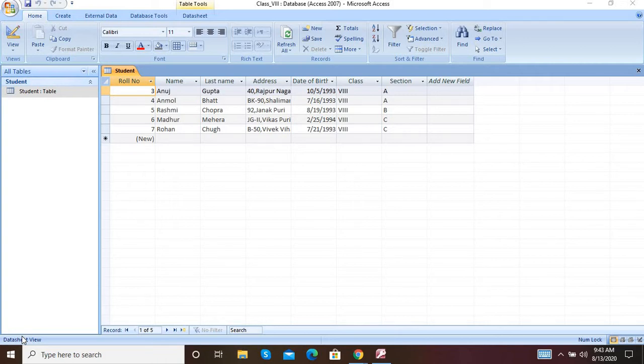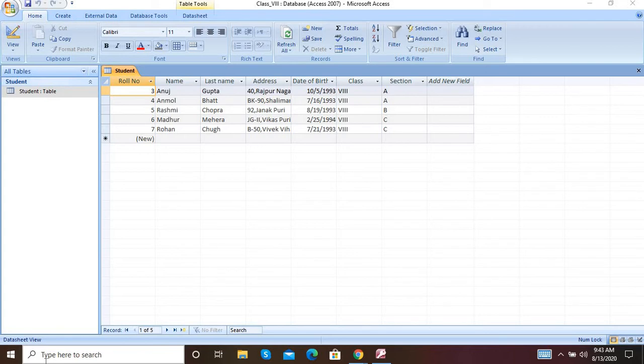So first of all, I am showing you how to open Microsoft Access. All of you know Microsoft Access is a part of MS Office, Microsoft Office. So Microsoft Access is an application and it is a part of Microsoft Office. How to open it? Start, All Programs, Microsoft Office, and in that, Access. This is the process, or these are the steps to follow, to open Access.